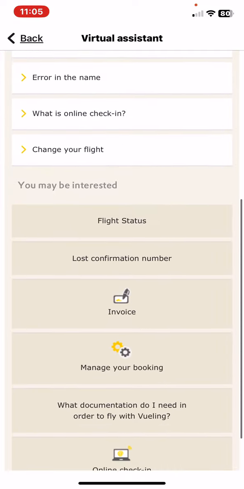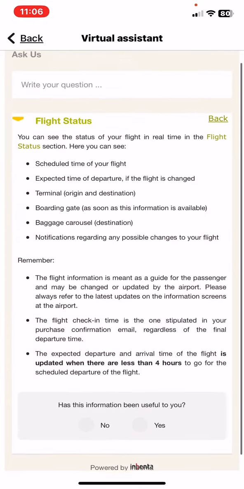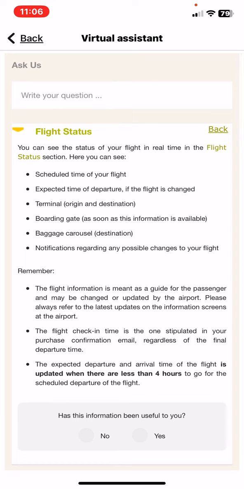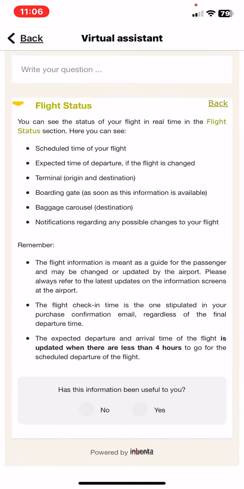And if you scroll down at the You May Be Interested section, look for the Flight Status button and click on that. And as you can see, there's a detailed description on this topic, so you can read about it. And also, if you found this information useful, you can give them a feedback as well at the bottom of